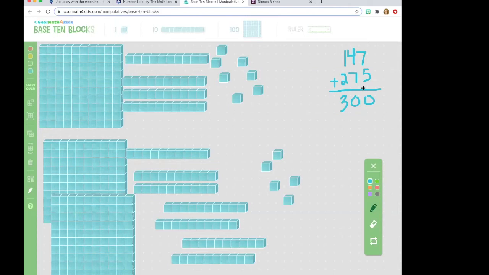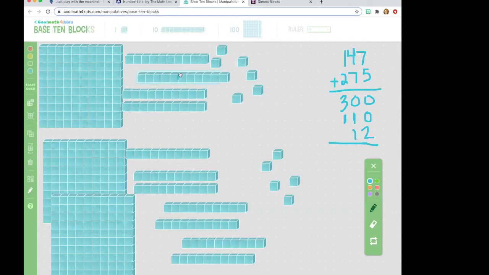Or 40 plus 70 is 110, or 11 tens, 11 rods. And now I see 7 ones and 5 ones, and that gives me 12. And so we can see this notion of 100 and 10 left over,